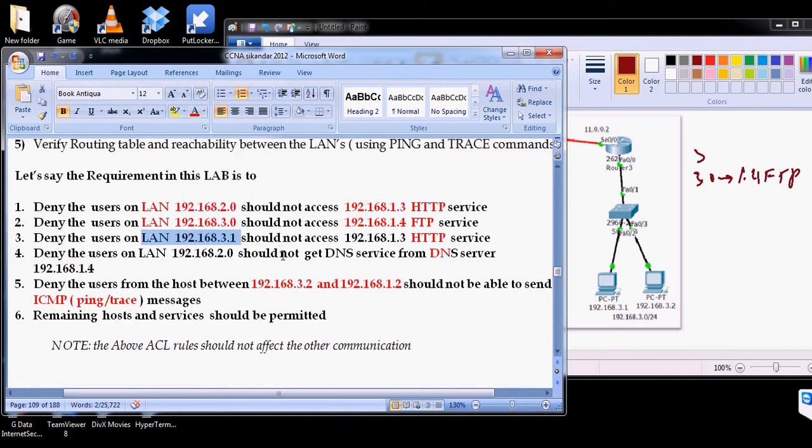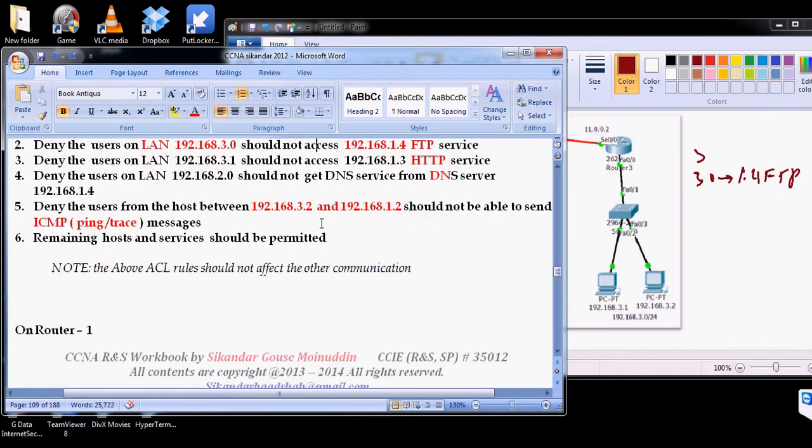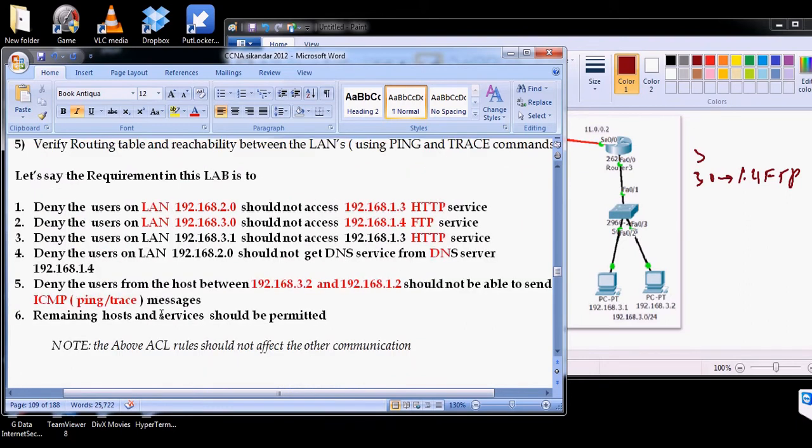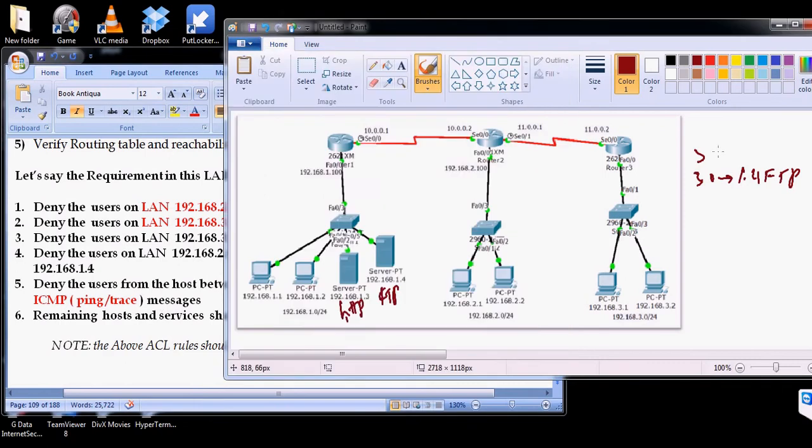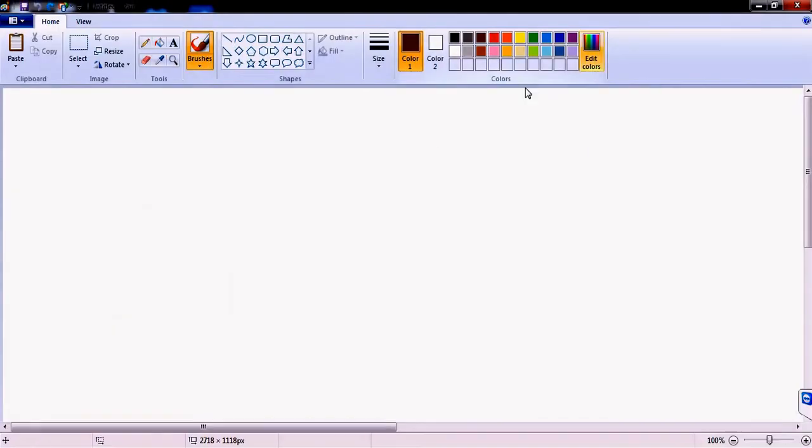Okay. So to implement this, the ACL rules should not affect the other communications. The remaining hosts and services should be permitted. So now exactly what we need to do is write down the same rules here as per the requirement. If I break these things down into simple steps, the first rule here is,